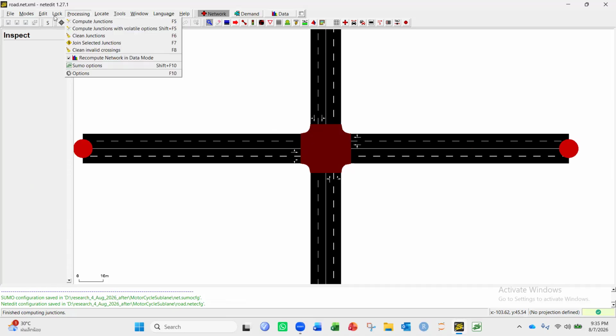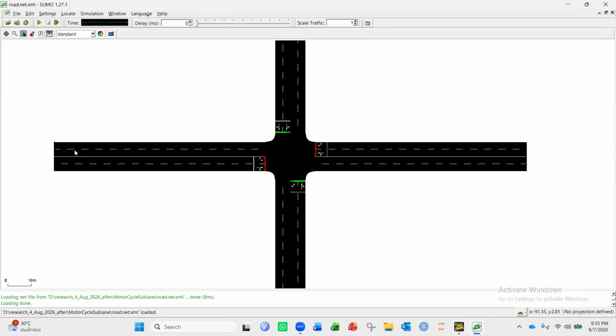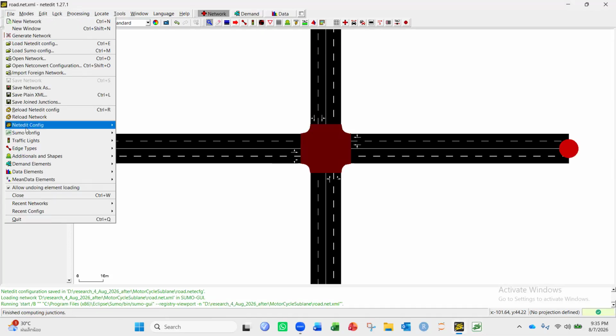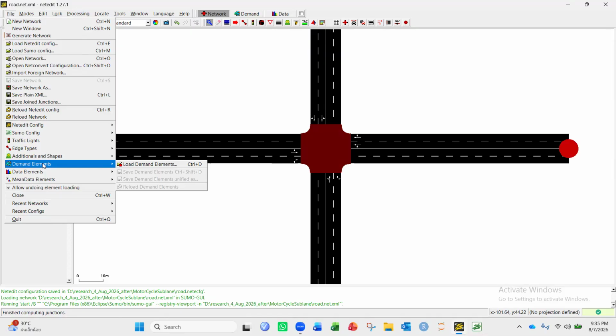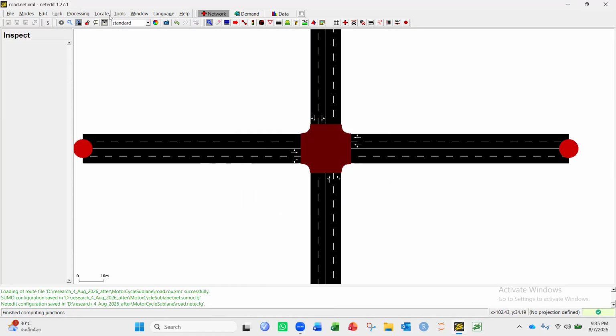Now we can run and see the simulation. If we go to edit, then open in Sumo. Actually here we have to upload the demand first. Go to file, then demand elements, load demand elements, route file. We have to upload the route file.